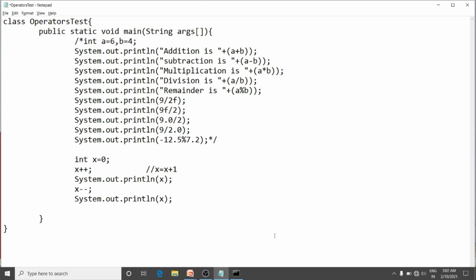See here, this minus minus is the decrement operator that works the same as x is equal to x minus 1. It will decrement the value by 1. Here the value of x is now 1, not 0, because in our previous step we got the value as 1. So here we will consider the latest value as 1, minus 1. So the value of x will be 0.